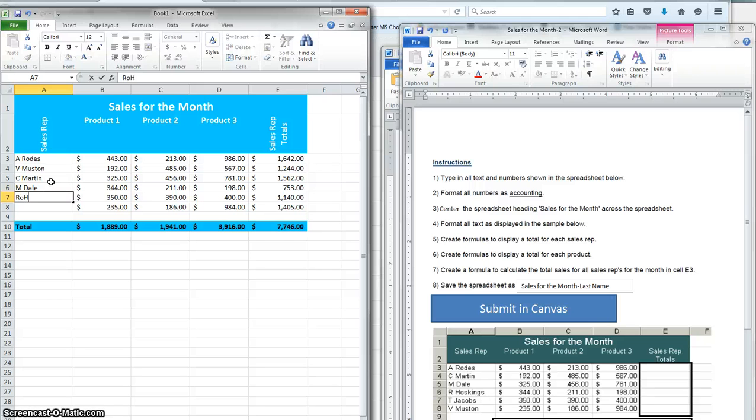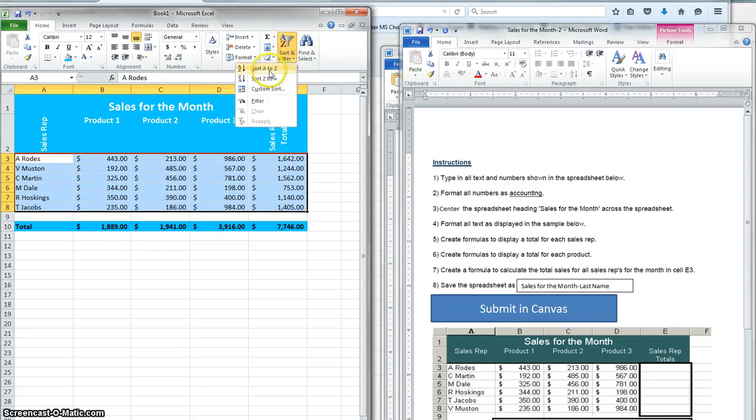And I know they're out of order. It's okay. Okay, I'm running out of time fast. So you have to select everything that goes with that person, and then you simply go here and sort A to Z. Alright, and because these are all in one cell, it is going to alphabetize this. To do